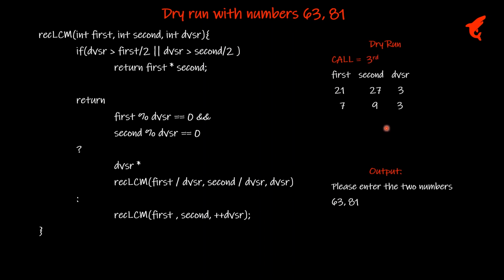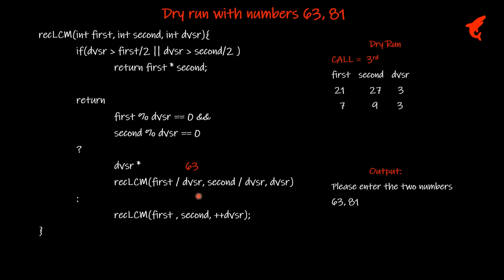So we go to call number 3, right? And in case of 3, what had happened was 3 could divide the values of 21 and 27. Okay, those were the values of first and second in this particular call. And that means when call number 4 happened, it happened at this particular location, right? And therefore this is where the return value will be replaced. Okay, and therefore this function call is replaced with the return value 63, right? And this in turn is further multiplied with the DVSR value.